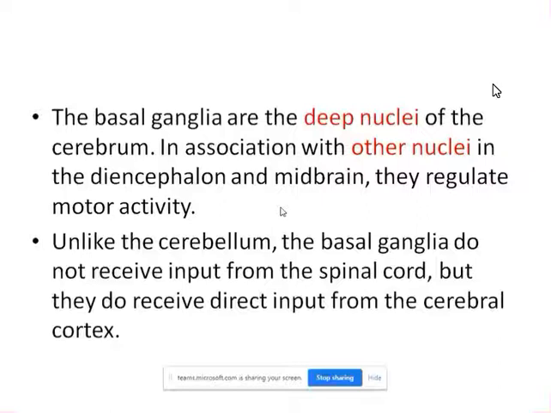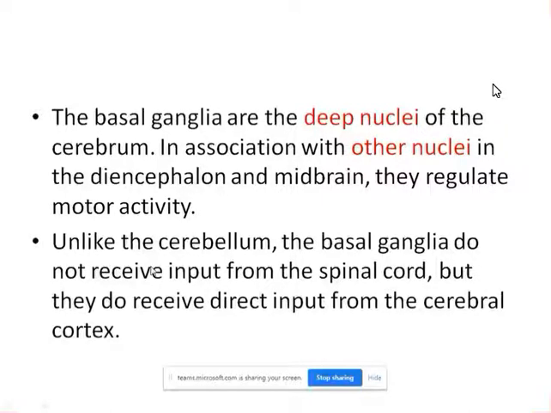Now, how the basal ganglia receive the information from the cerebral cortex, that I will show you. I have already told you about the cerebellum, isn't it? How the cerebellum gets the information from the cerebral cortex. Now, if you look here again, I want to show you the other nuclei with which the basal ganglia will work together for the execution of motor activity, or for the planning and programming.